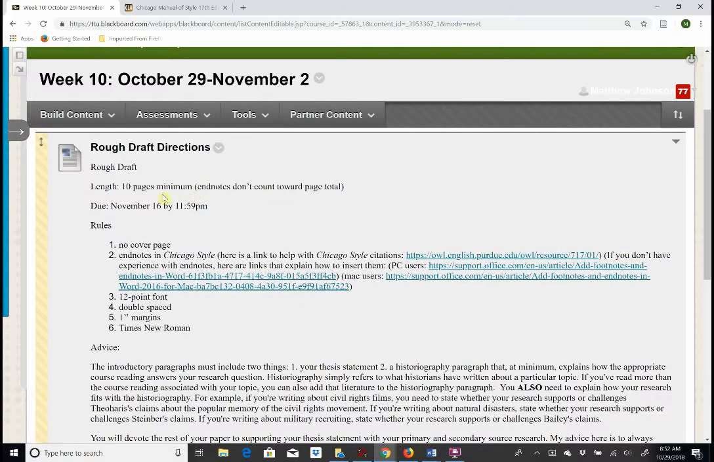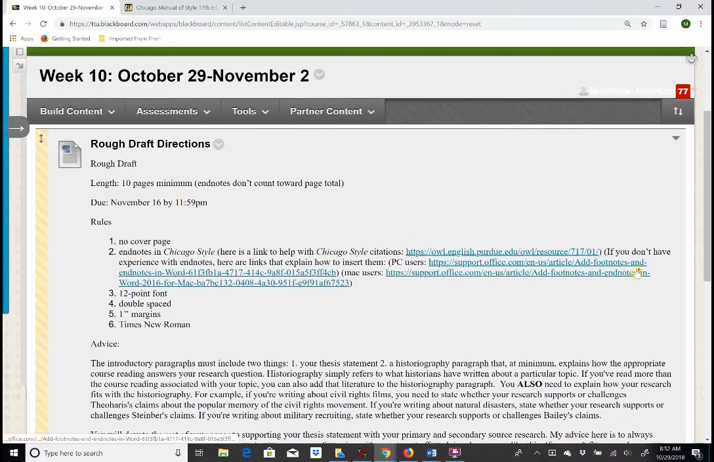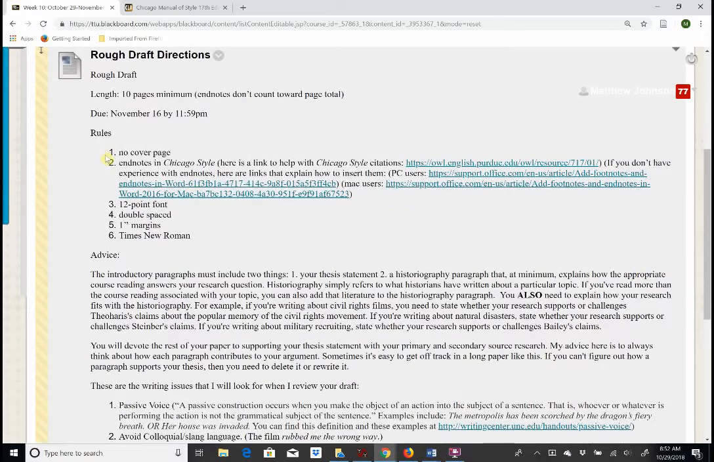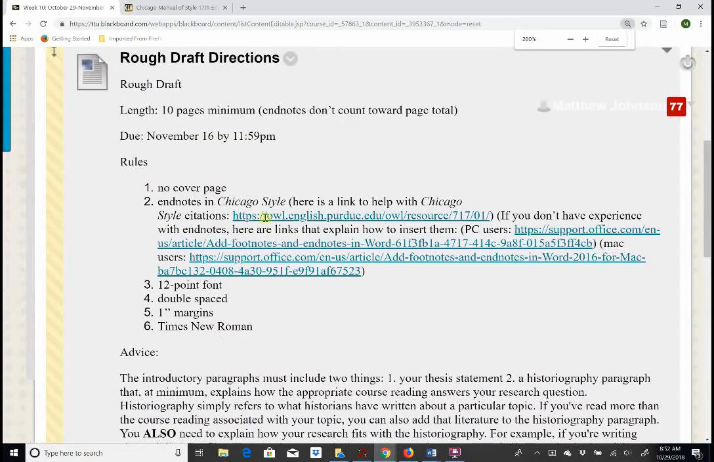For the rough draft, just like the final draft, the minimum page length is 10 pages. This rough draft is going to be due November 16th by 11:59 p.m. Just some of the small components here, and let me see if I can make this a bit bigger. So, no cover page, and I would rather you just put your name at the top and maybe the